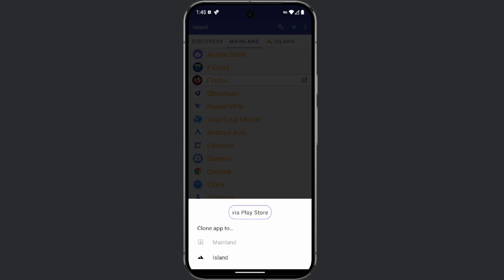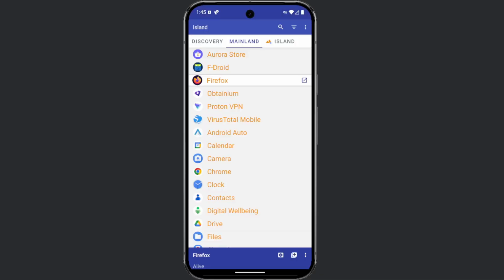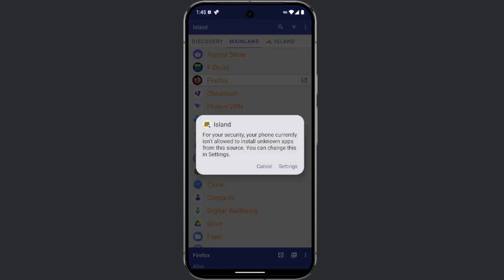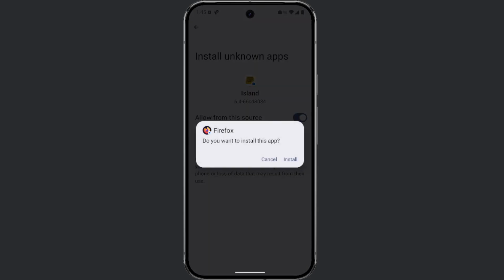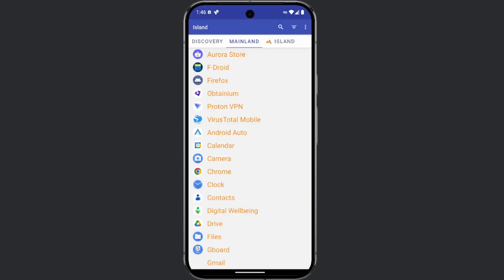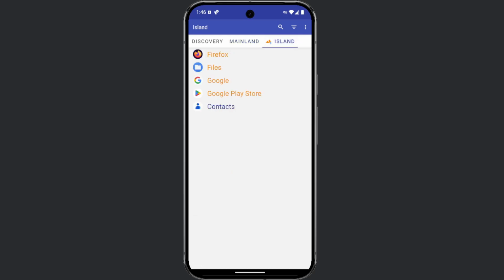You will need to grant the app permission to install other apps by clicking on Settings. Now, tap the slider in the Allowed from this source section. After that, click Install to install Firefox in the island, your work profile. Once the cloning or installation of Firefox is successfully completed, you will see that Firefox is now listed in the